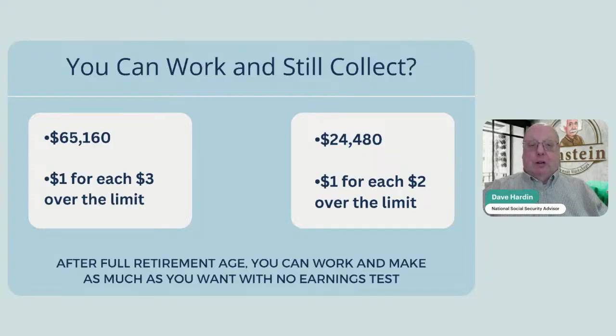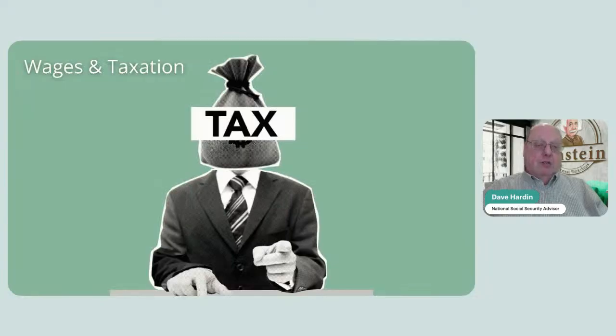By the way, after full retirement age, so once you hit 66 or 67, whatever your FRA is, you can earn as much money as you want, and there is no earnings test, no reduction in your benefit. You can earn $1 billion and they're going to pay you your Social Security whether you earn it or not. But if you make that much money or a whole lot less, you are going to have a tax problem. Now, I said I would cover taxes tonight. I'm going to dig in. This is such an important topic.